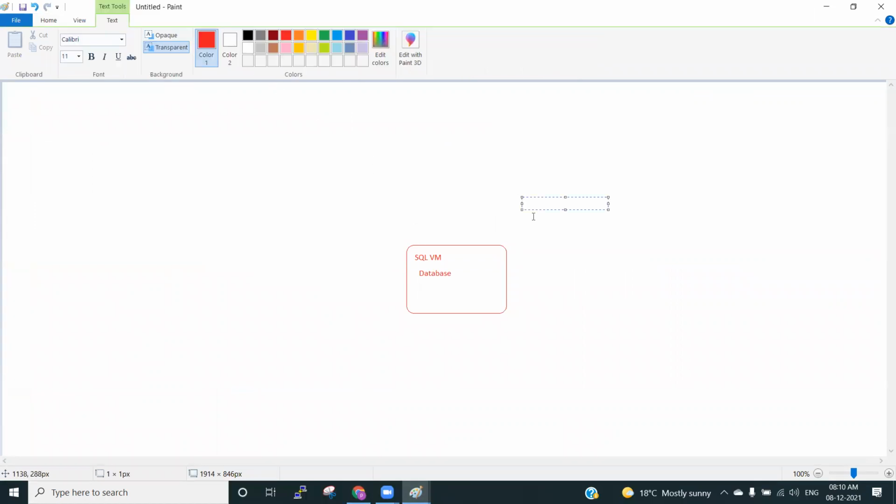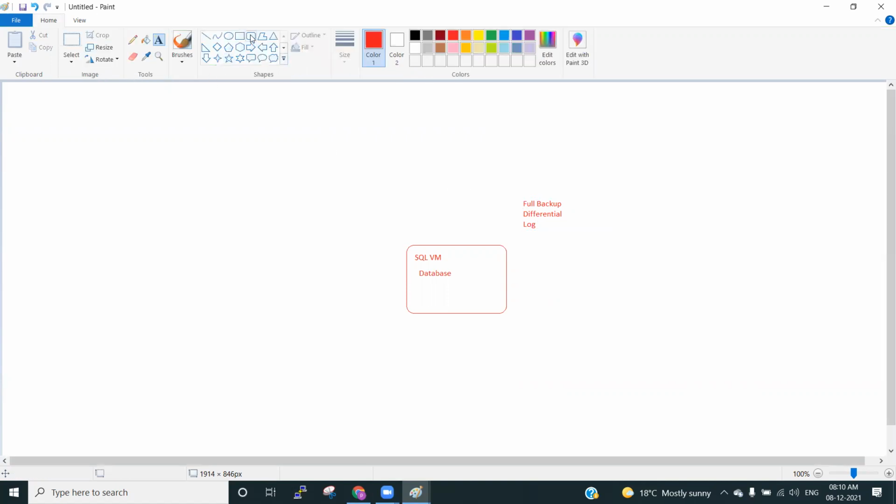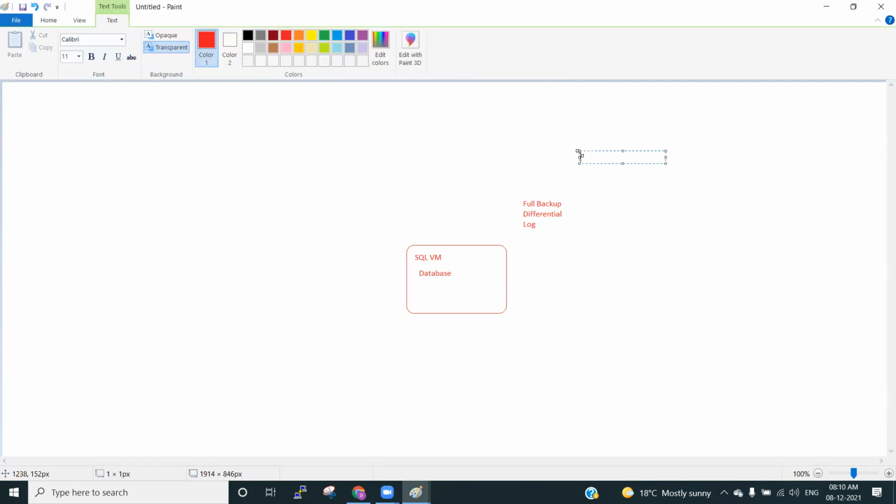For databases, we generally have the full backups, and we will have the differential and log backups. These are the three types of backups we generally configure. Most customers, if the workloads are running on premises, might be using third-party tools like Commvault to back up the on-premises database backups. Here we are going to use the Azure native service, which is nothing but Recovery Services